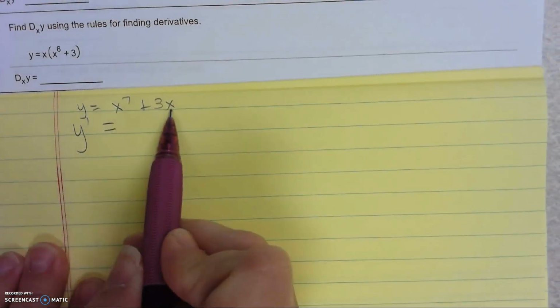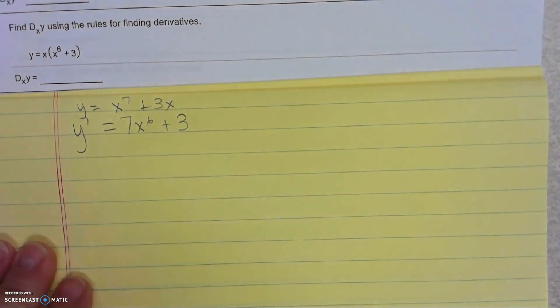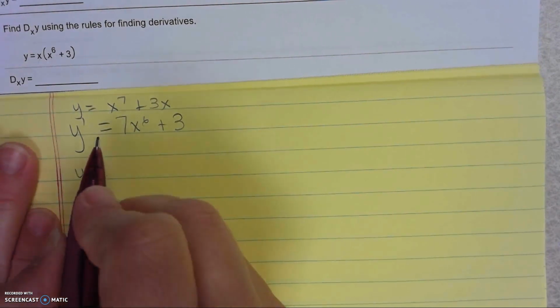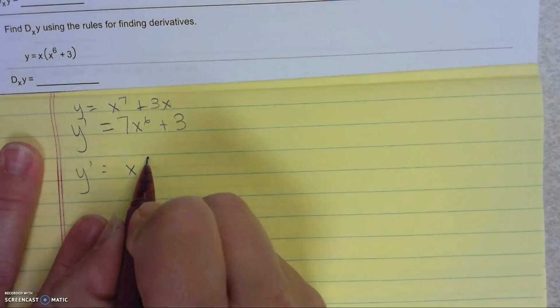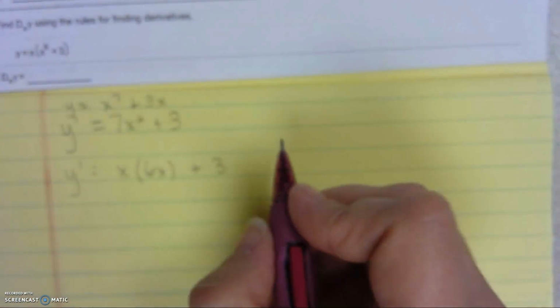So now I just take the derivative of this. That would be 7x to the 6th plus 3. So if you do have a product and you can multiply it together, sometimes it's easier to go ahead and multiply it together if you can, and then you just have a sum or difference, and you can use the power rule on each individual term. So if you were going to work it out using the product rule, then we would say first times the derivative of the second, which would be 6x, plus the second times the derivative of the first, which would be 1. Then when we multiply that together,